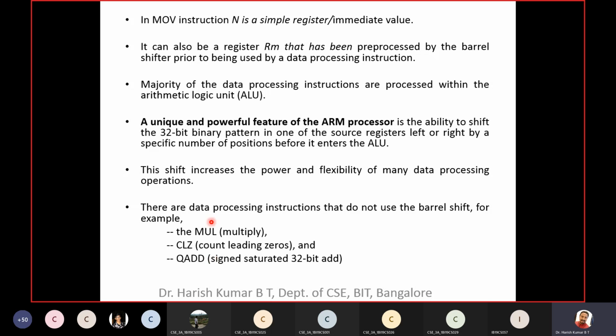Okay, the barrel shifter is not available for these instructions because all these three instructions get processed inside the MAC. For that reason the barrel shift is not available, and it is not possible for you to perform a left shift or right shift when you are executing these instructions. Now